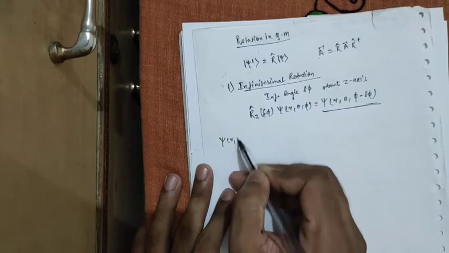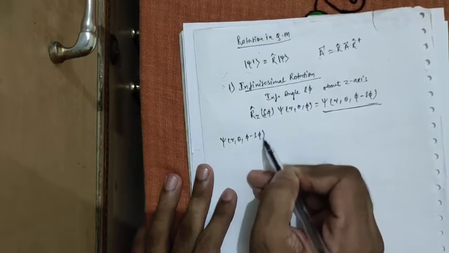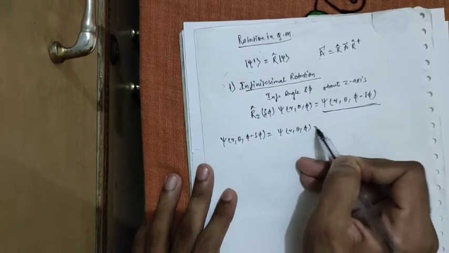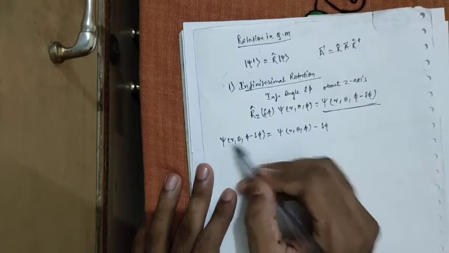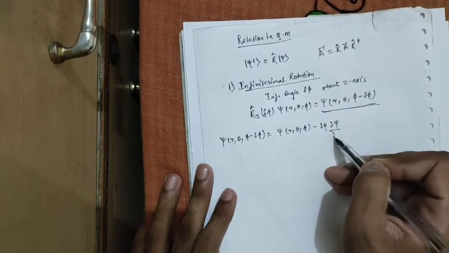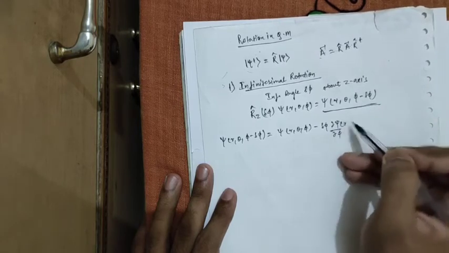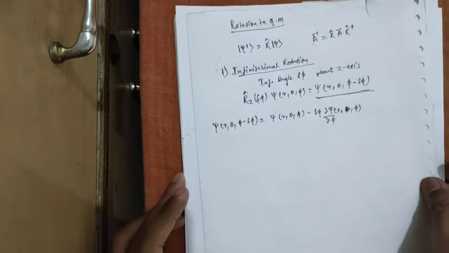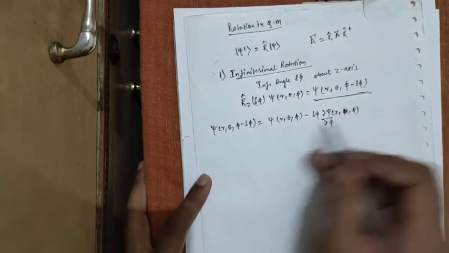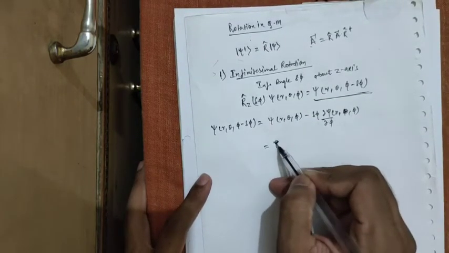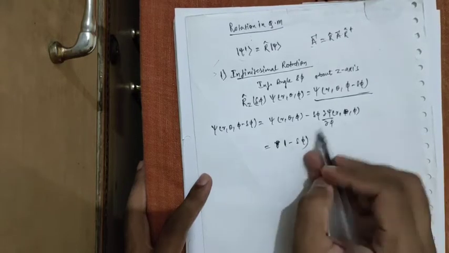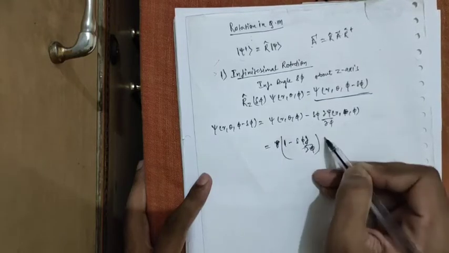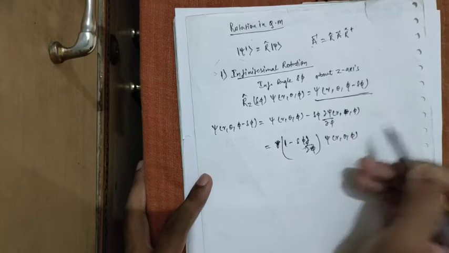With the help of Taylor expansion, psi r theta phi minus del phi can be written as psi r theta phi minus del phi times the derivative curl psi over curl phi, as there is only variation in the phi component of spherical polar coordinates. This can also be written as 1 minus del phi curl over curl phi, acting on psi r theta phi,